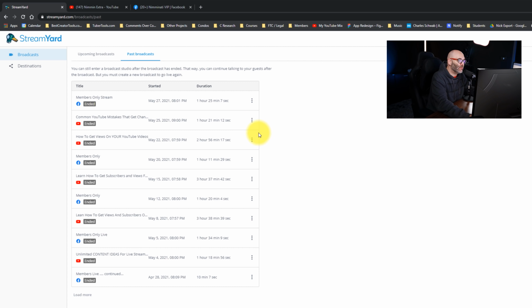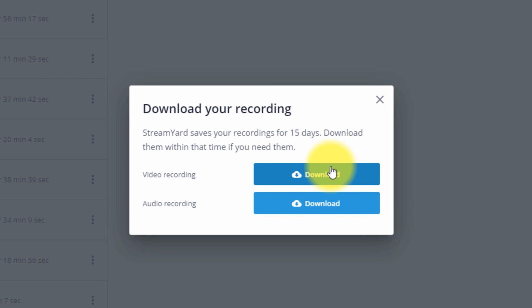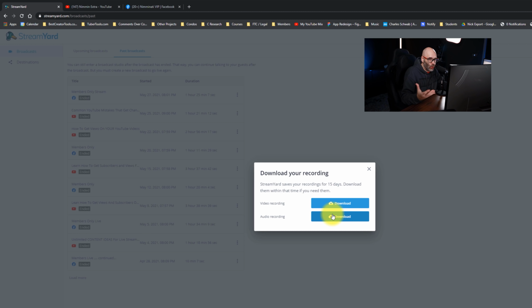Another thing is if the type of content that you make supports it, like, if it's a good fit, then they also allow you, when you click on the download recording option, to download the video with the audio, or you can also download just the audio by itself. So depending on exactly what it is that you're doing with your content, this just makes the workflow part of repurposing some of that live stream content a million times easier.